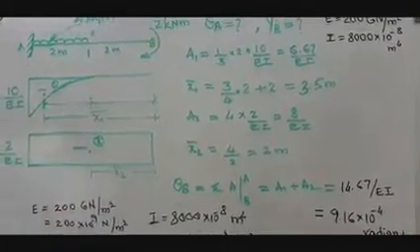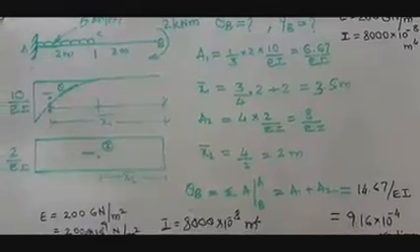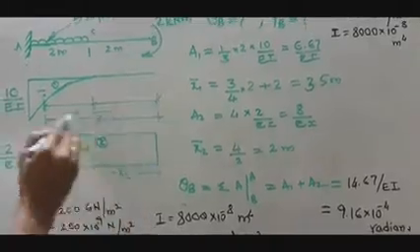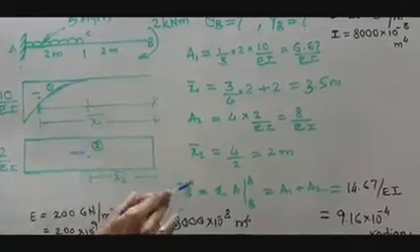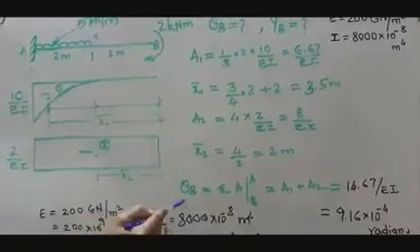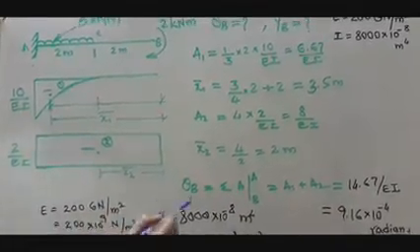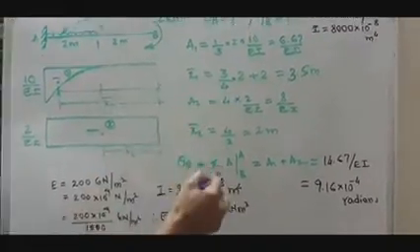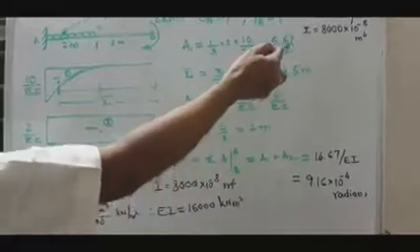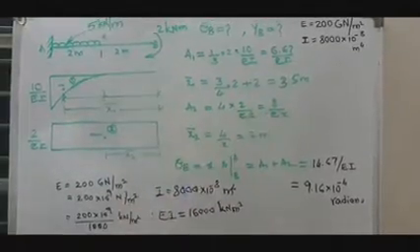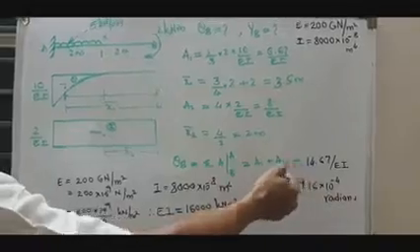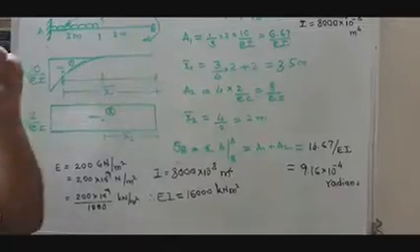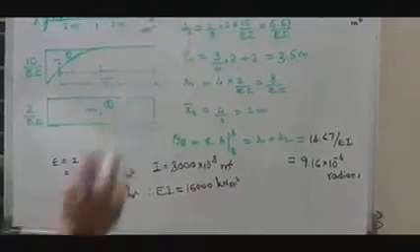Then as usual, by using moment area theorem number 1, we have to calculate the slope at B. Slope at B is nothing but the area of the bending moment diagram between A and B. Actually it gives theta B minus theta A, but theta A is 0, hence it directly gives the slope at B as theta B. It is nothing but the area of the bending moment diagram between B and A. There are two diagrams, you just have to sum up. That is A1 plus A2. A1 is 6.67 by EI, A2 is 8 divided by EI. If you take the sum of those two, you will get 14.67 divided by EI.